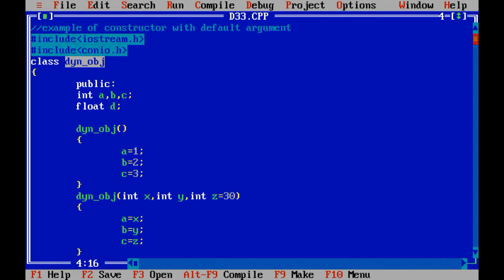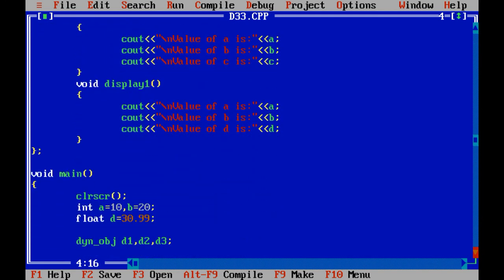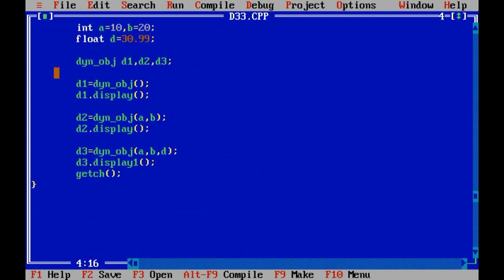Dynamic object means what? Sometimes we pass single values when we call the constructor, sometimes we pass integer arguments, and sometimes we pass float arguments. So using this way also you can call the constructor of a class by passing the values inside the object.